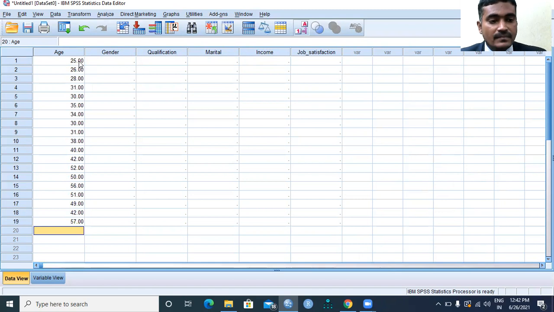Age can be right. Gender is a nominal type of scale. It has two categories, male and female. One stands for male, two stands for female. Okay.